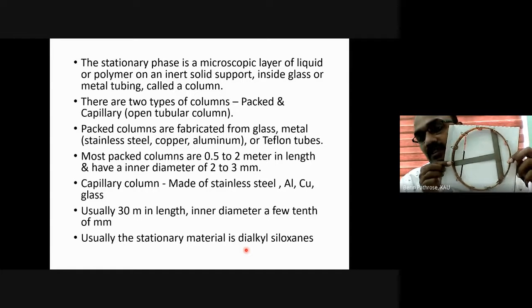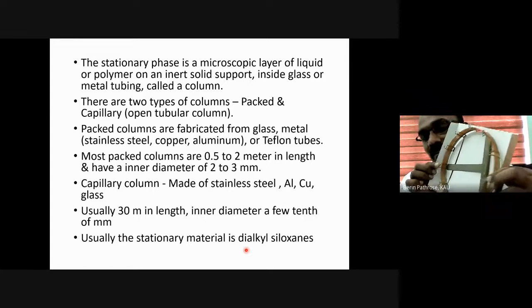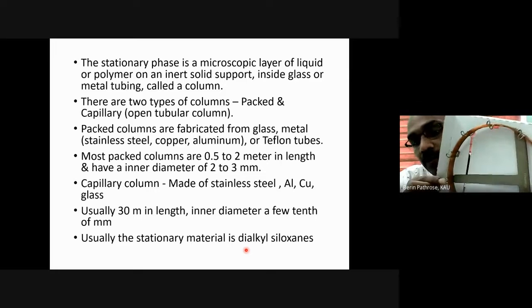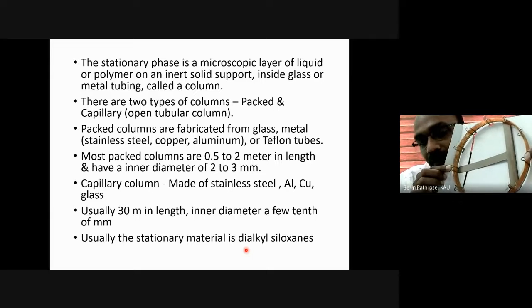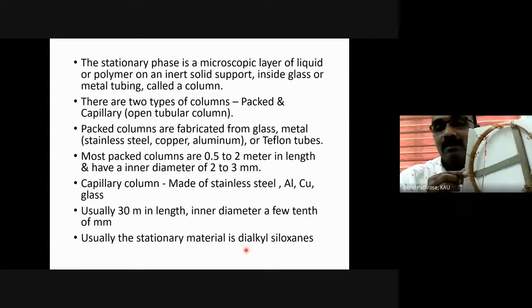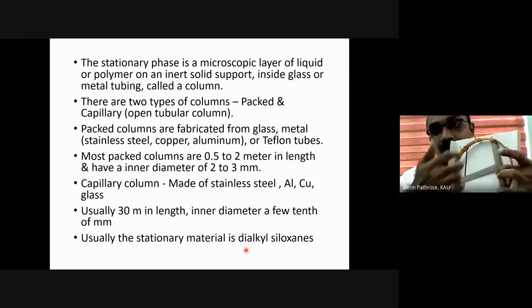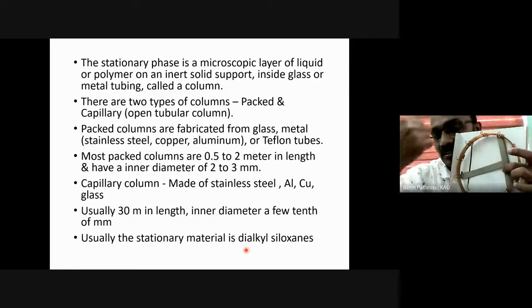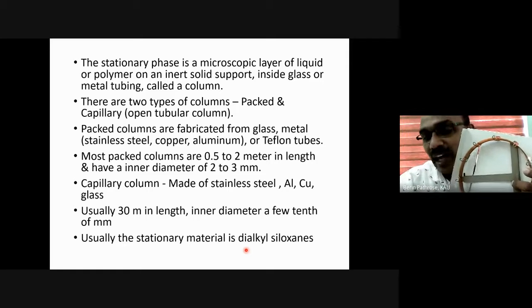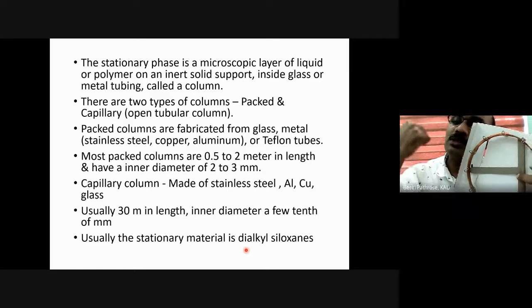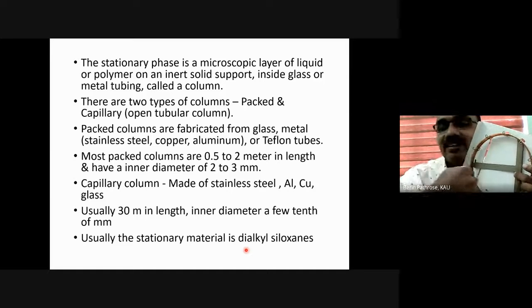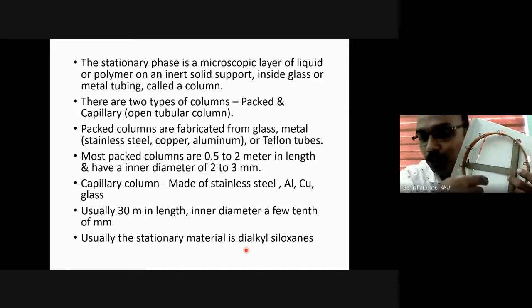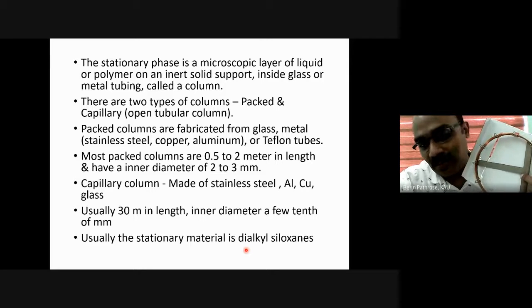Yes, sir. See, these are copper tubings. You can see the color, very fine tubing. This is a capillary column with a length of 30 meter. That means 30 meter repeatedly wound over here. So the compound will move several times, looping again and again through this column, and during this movement it gets separated out.